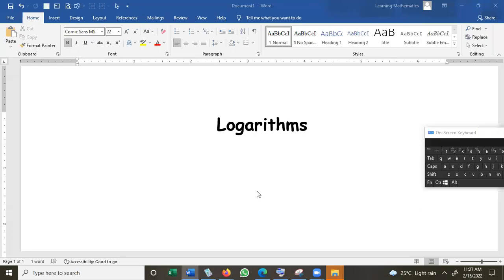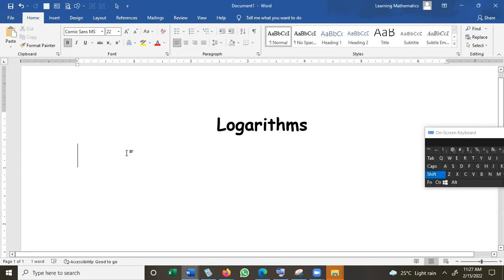Logarithms. Now we are familiar with the process of mathematics turning words to symbols. The whole idea is to describe what we perceive. So when we hear the word logarithms, in words,